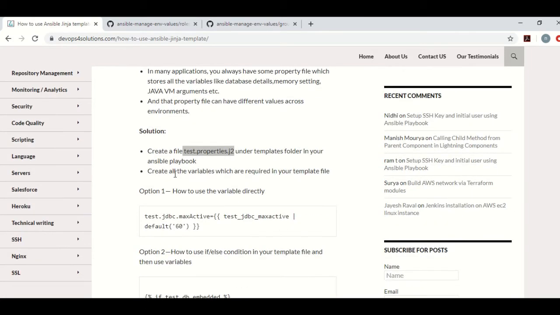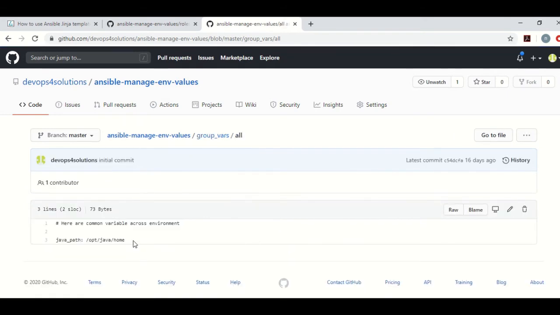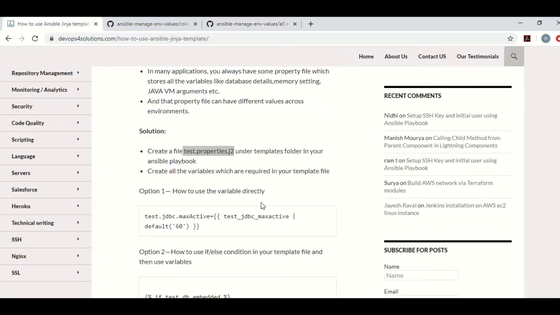And you will be creating all the variable files which are required for your template files. So if you have the database details, username, password, you will be putting them in the dev.yaml, your prod.yaml, all the config files. And if you have some values which are constant, because in those property files there could be a lot of values which are constant across environments, you don't want to put all those in different files. For that, you will just put them in the config. This is how you can group them, where you can put the constant values which are the same across environments. So this is how you can manage it.